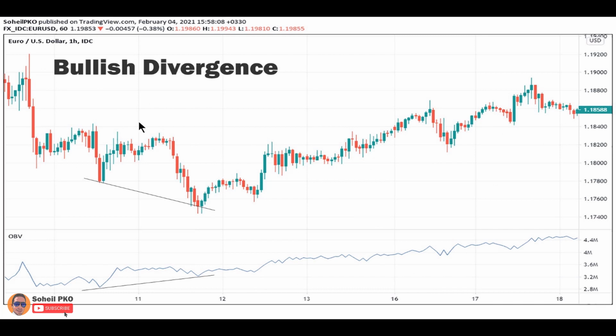Bullish divergence forms when the price makes a lower low but on balance volume makes a higher low, and this divergence shows that a reversal in the direction of the price is possible. As you can see on this chart, following this downtrend, the price is making a lower low but on balance volume is making a higher low, and this shows that buying volume is building, and you see after that the price changed its direction and turned